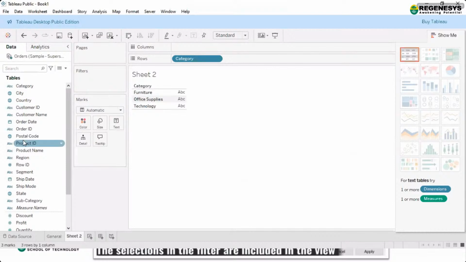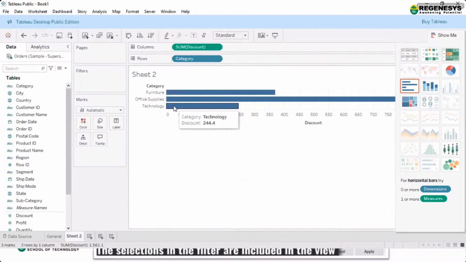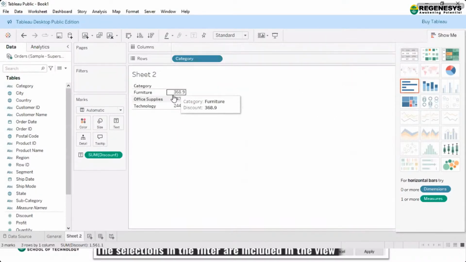Let's say, for example, I want to check the discounts on these categories. When I'm using the discounts and the categories, you can see I'm getting all three categories.